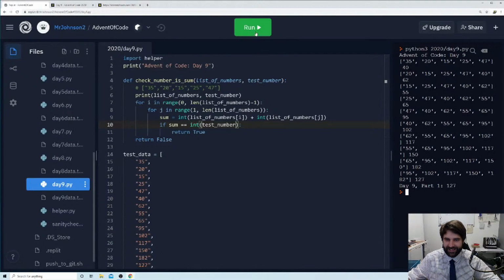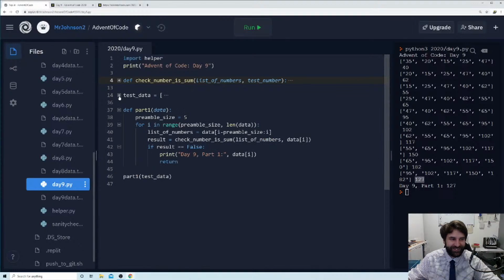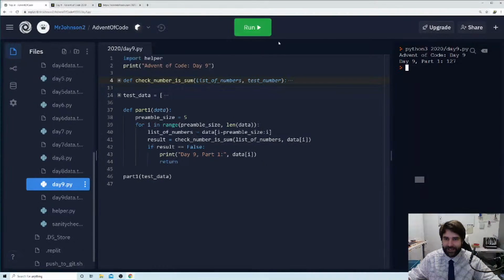Let's run this. And we've got our answer, 127. 127 is the one that we wanted. Okay, finally, I learned how to program good. But half of programming is getting it wrong, okay? The good programmer accepts that they're going to get it wrong and is happy to adapt to what they do get wrong. That's the truth.